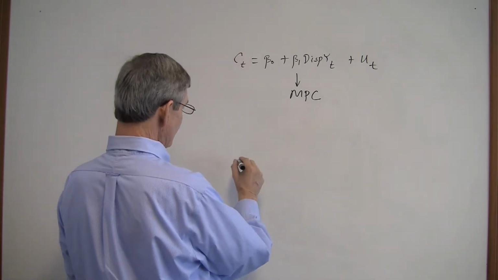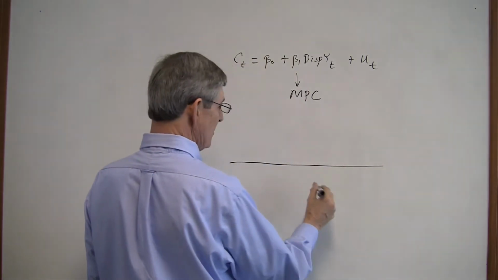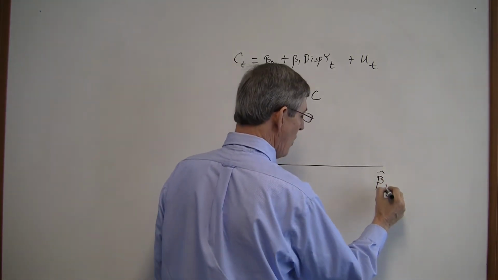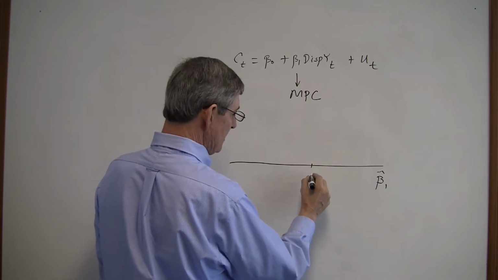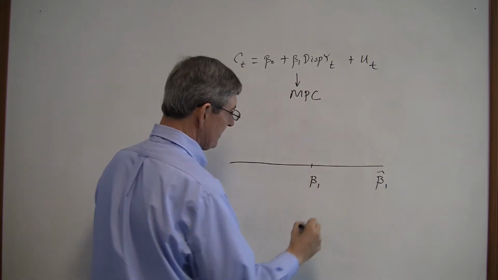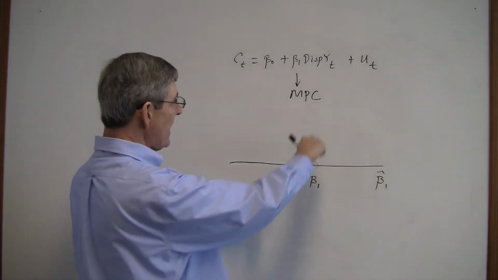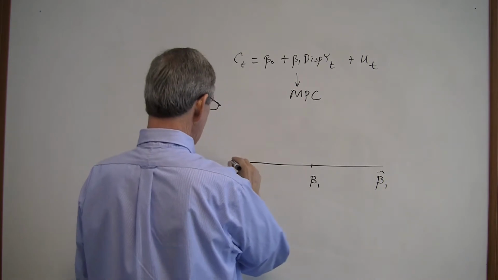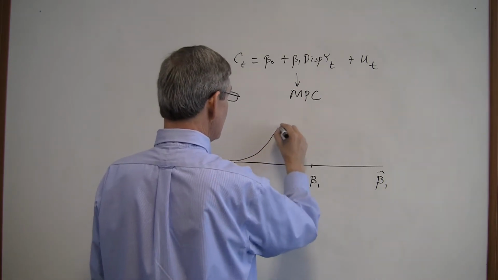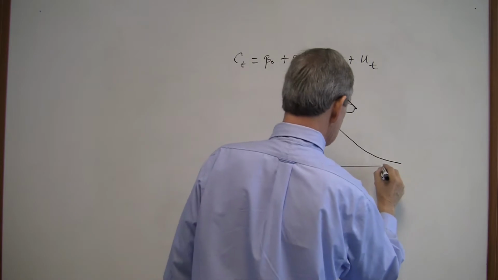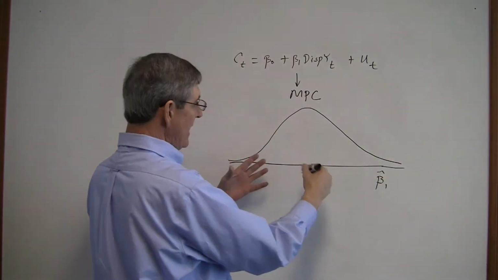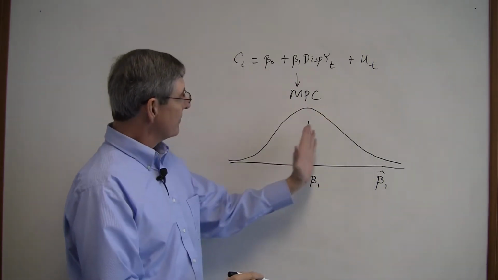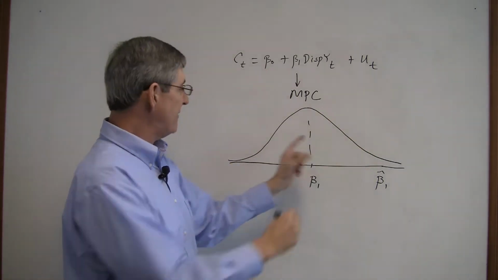So you might have two different potential models. This is the distribution of your estimator, beta hat 1. And here's the true value of beta 1. And so we have these estimators. Now, an unbiased estimator means the average value is going to be beta 1. Suppose we have one estimator that has a normal distribution that looks something like this. It has very long tails. And so although on average we'll get this true value, a lot of times we're going to be pretty far off because of this huge